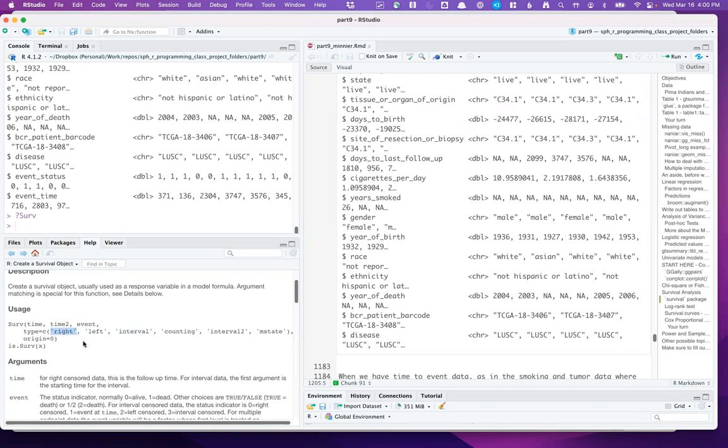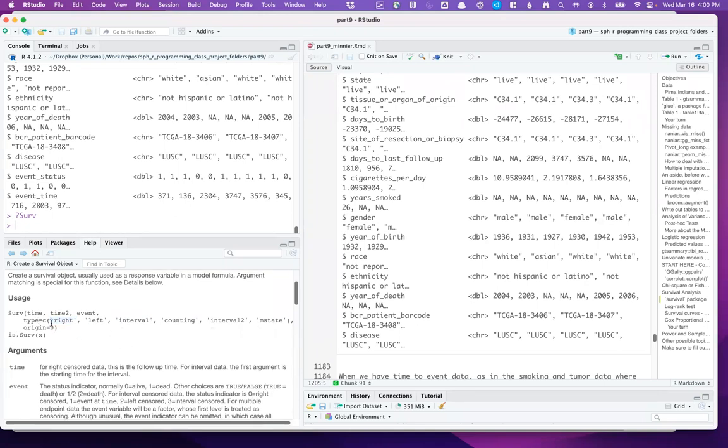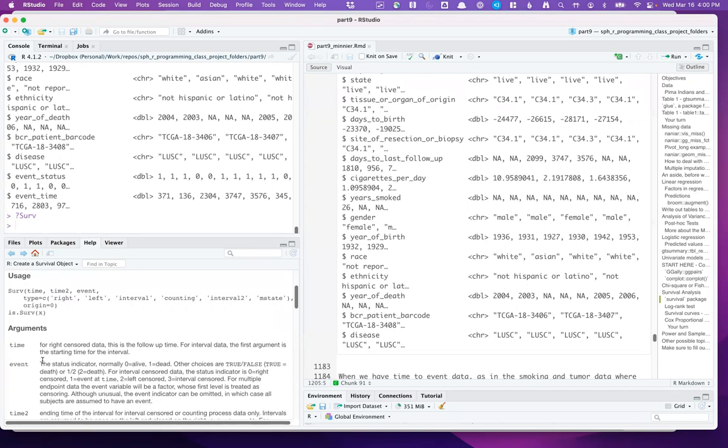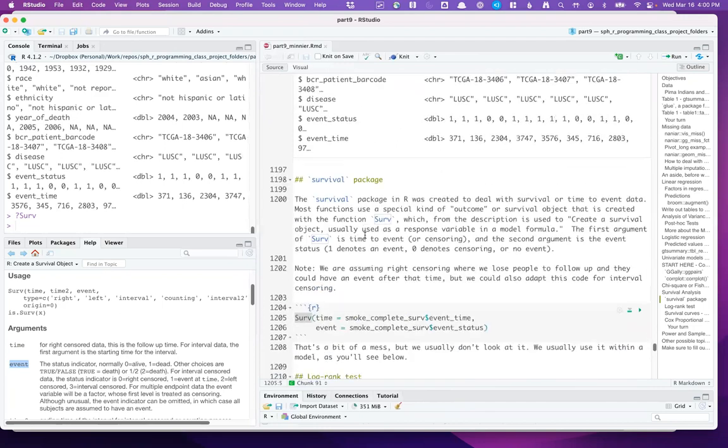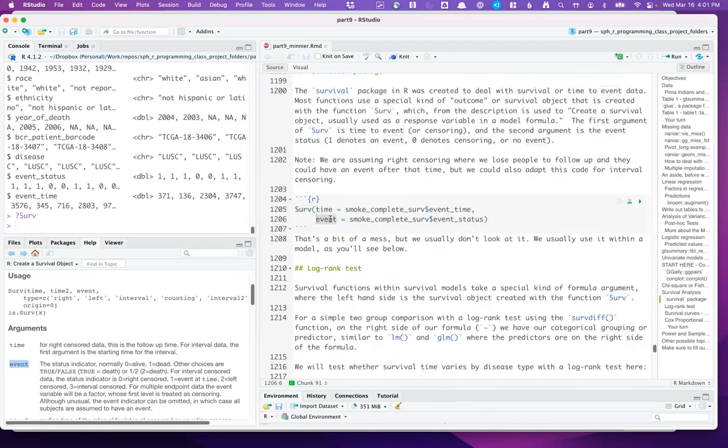Right censoring is the most common, where you lose people to follow-up, they drop out of the study, or your study ends, and so you're right censored. But this function can take all kinds of different survival data, so that's why it's so complicated. What we have here is our time and our event. I've said I want the event time to be my time, and I want my event to be event status. Like I said, this is a bit of a mess to look at, but we don't usually write it exactly like this, as you'll see. But this is the way we use the Surv